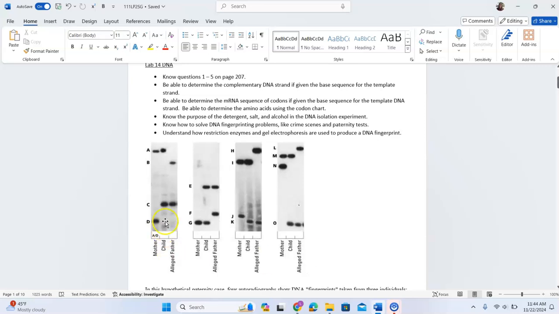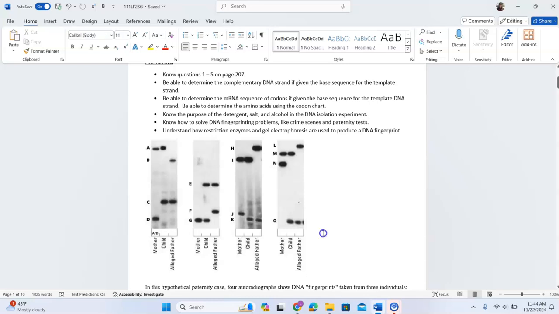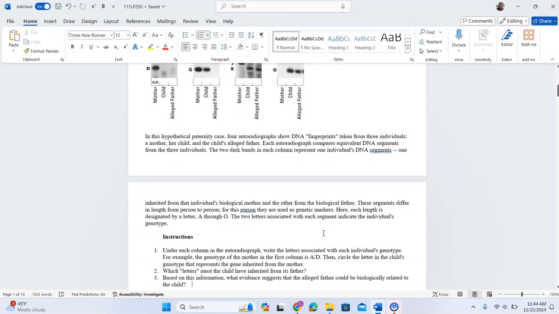So what you're looking for is for each of the child's bands to match up either with the mother or the father. If you find one of the child's bands that doesn't have a match, it is not the father. So we were able to say with certainty that this alleged father is the father of the child. Okay, in the next problem,